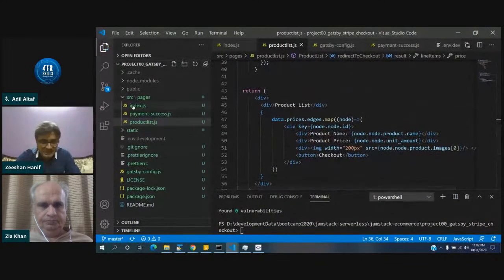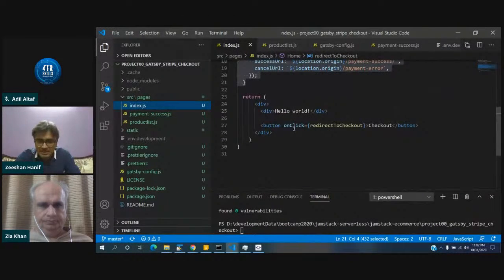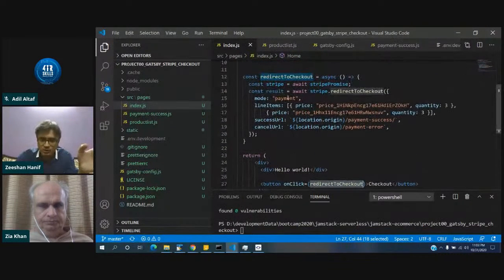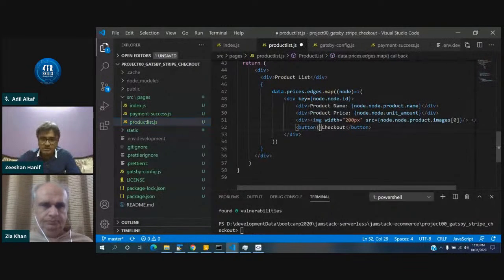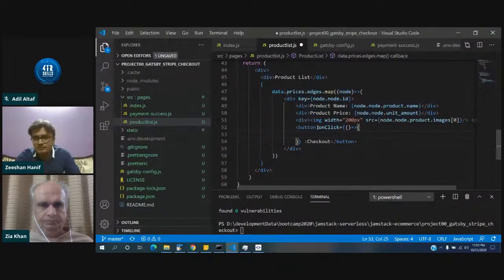If you see in the index page, in onClick I passed the direct checkout function directly, because once the button is clicked, we just want to call this function. But in this case, we need to provide the ID as well. So what I'll do is I'll call the onClick, and inside it I'll create a function. And that function, once the button is clicked, will call this function. And inside this function we'll call